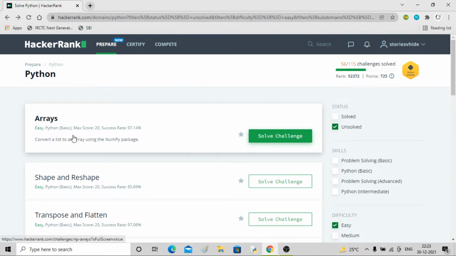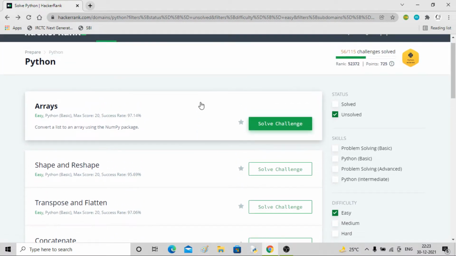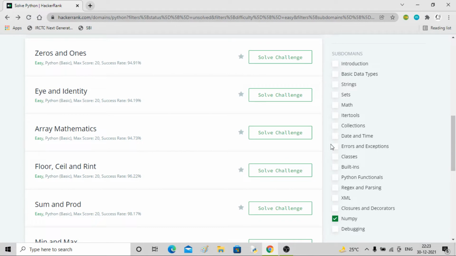In this video, we'll be solving the puzzle called arrays. I'll be doing some easier ones now, since it is getting sort of boring for me to solve long questions. So I thought let's go for some easier ones. We'll be speeding up the process, so I'll be doing this NumPy series.